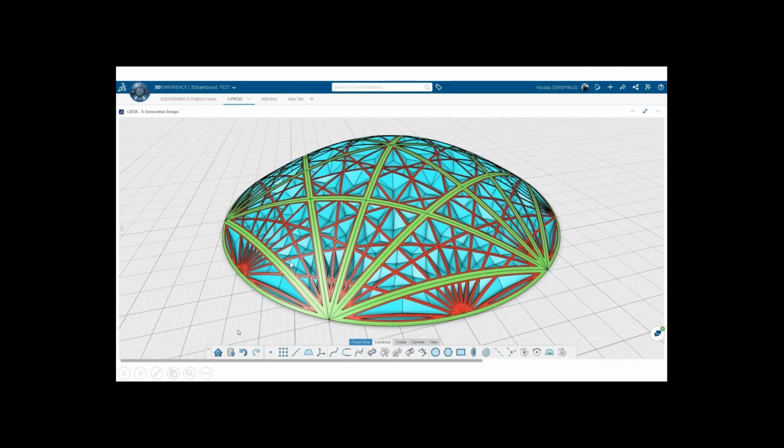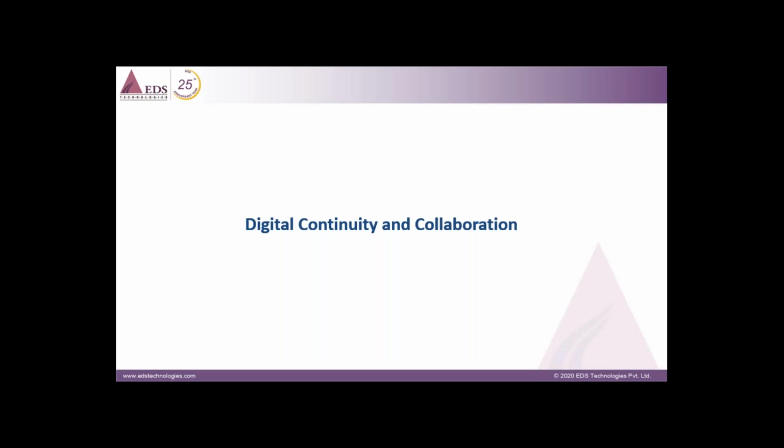And this is one more example which has been created by using X generative design, an auditorium. Why I am showing this example is, as a mechanical designer, you should not restrict yourself to automotive or aerospace domains. There is a vast exploration that can be done by a mechanical engineer.